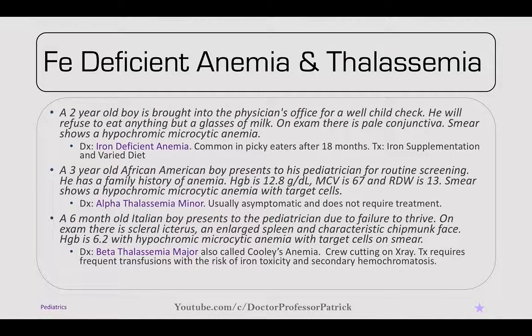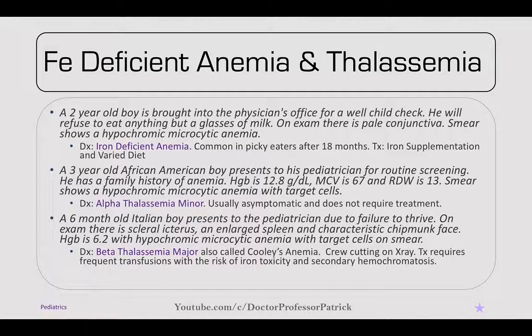For iron-deficient anemias and thalassemias, we've got a case of a 2-year-old brought to the physician for a well-child check. He will refuse to eat anything but a glass of milk. On exam, there's pale conjunctiva, and a smear shows hypochromic microcytic anemia, and this is iron-deficient anemia. It's common in picky eaters, especially after 18 months, and you need to treat this with iron supplementation and varied